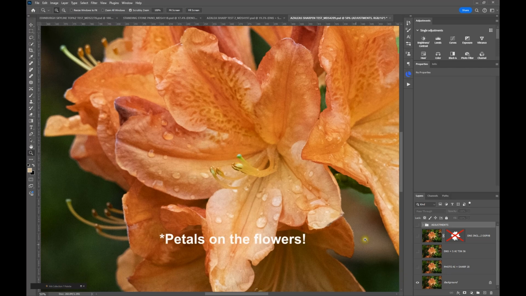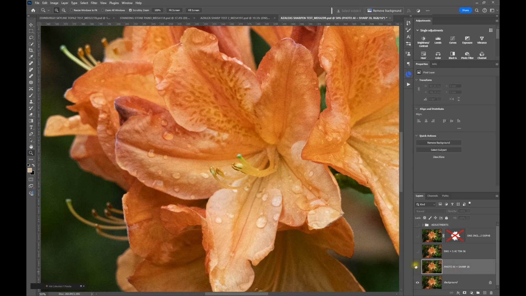So here's our base image, a little bit of noise. It was photographed at slightly lower ISO, 1800 ISO. Again, still the noise is not too bad, but let's have a look. Photo AI and its automatic sharpening, it does a really good job. It's brought out the fine detail in the petals, it's sharpened up the stamens, and overall it's done a pretty